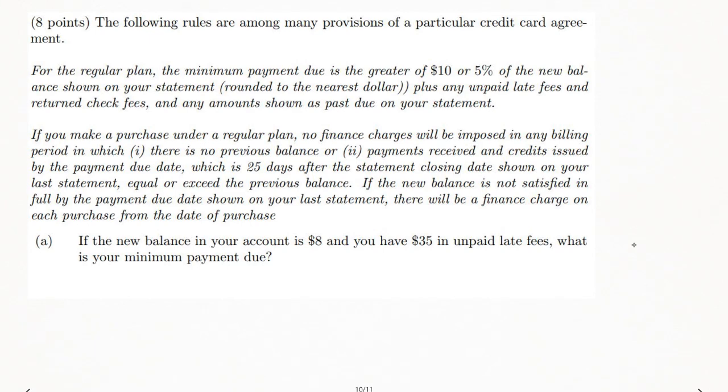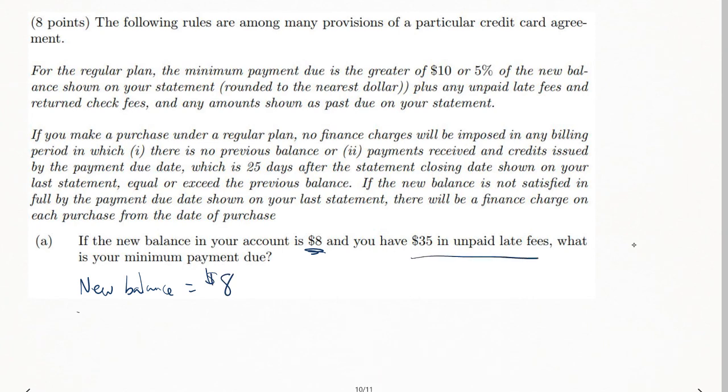If the new balance is not satisfied in full by the payment due date shown on your last statement, there will be a finance charge on each purchase from the date of purchase. Okay. So there's no more extra "ands" right there as written. But now we have a new balance in your account of $8. So let me write that down, just doing some critical thinking. New balance, and not the sneakers, that's equal to $8. And then we have $35 in unpaid late fees. So unpaid late fees